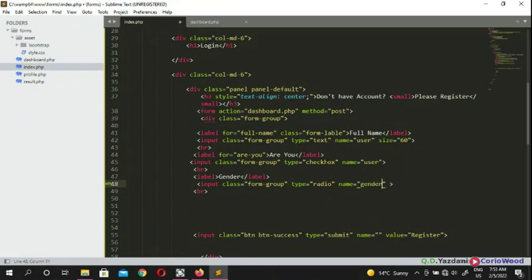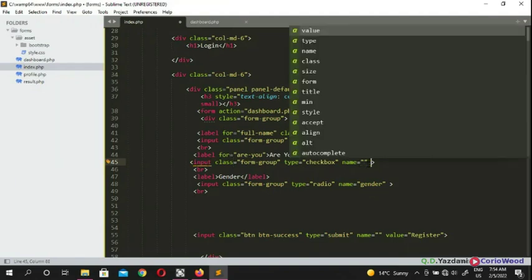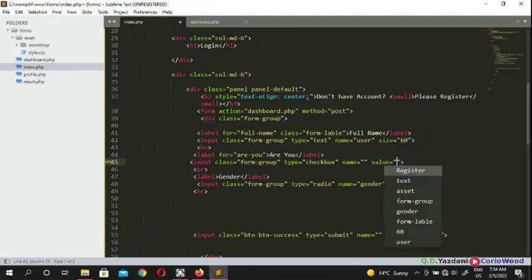The names for this one, because this one's RU, we're going to have lots of RU, and the value for this one is going to be RU, say, student,